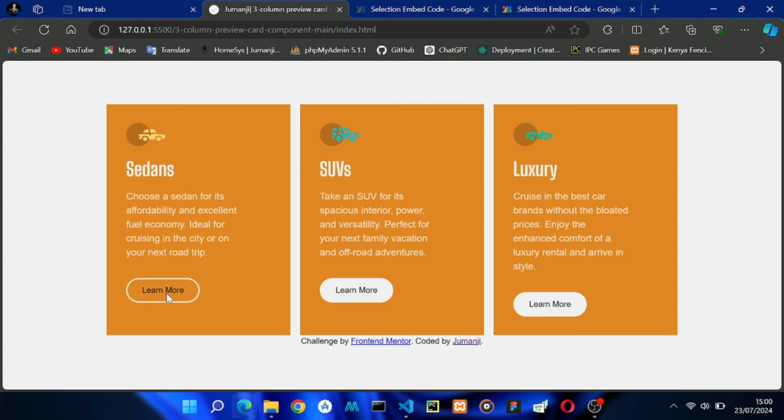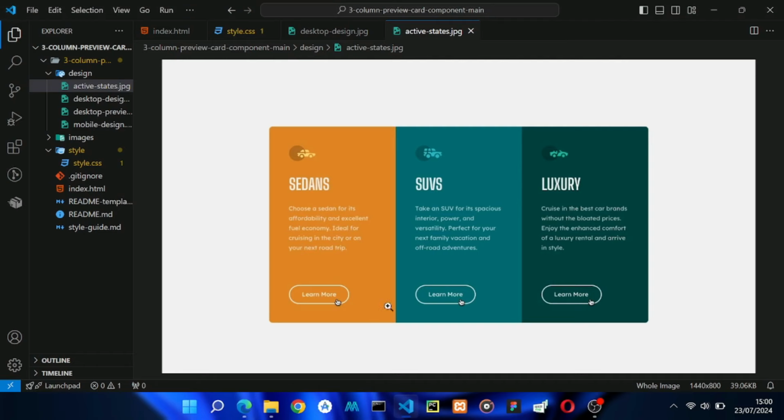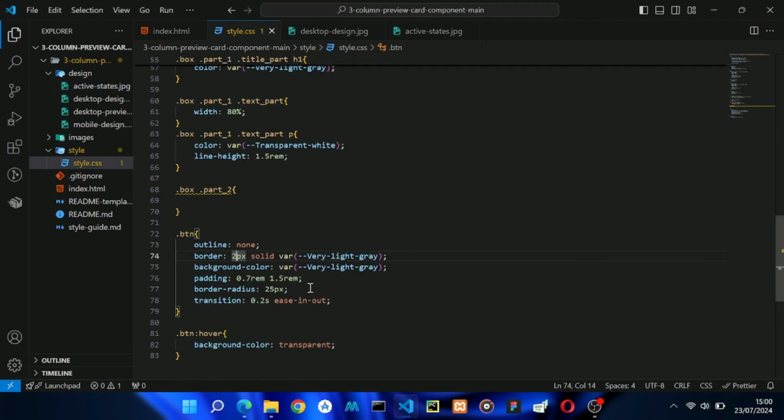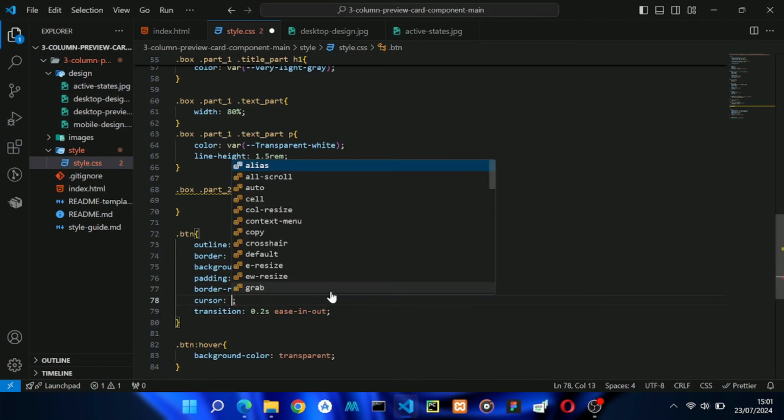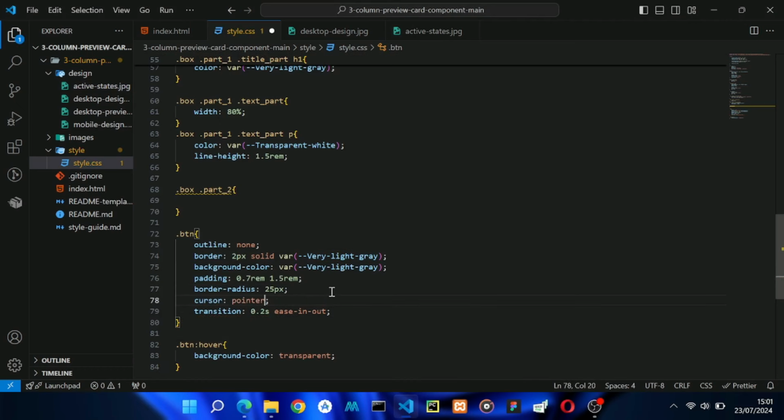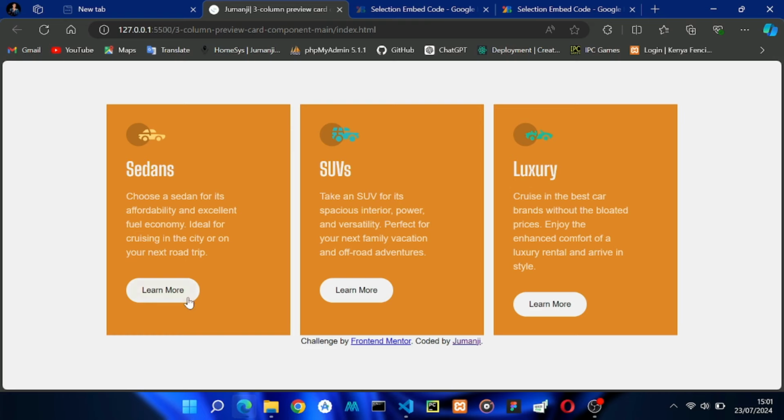There's something, the cursor. Look, my cursor is pointer, but if I come and check here, there's that thing, right? So I'm gonna come here and say cursor pointer. Okay, so this cursor is like what the mouse will be, okay, whenever it touches that element. There you are, it will be a hand on click. Okay, cursor pointer, just like that. All right, now